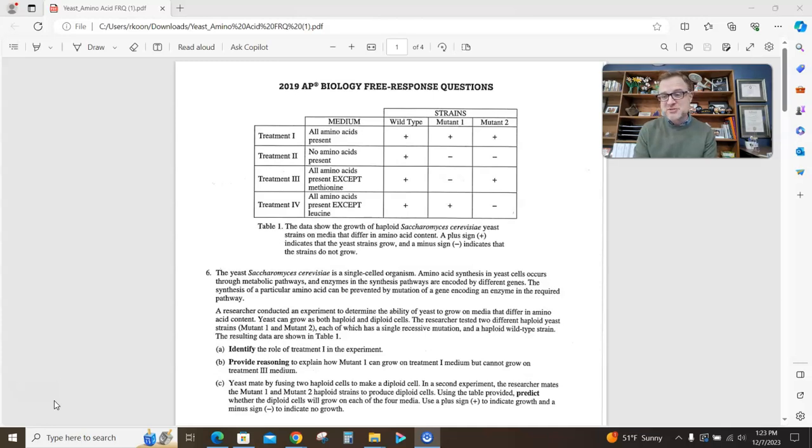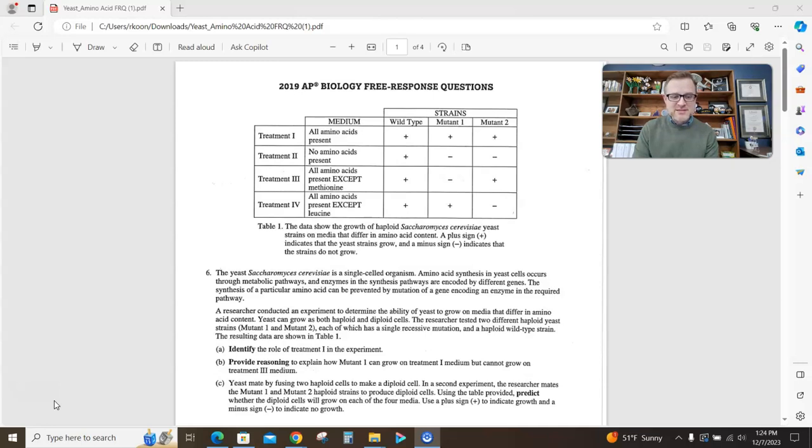This is question 6 on the 2019 AP exam, and the question begins with a data table here that might not make any sense to you at all, so let's just skip it and read the prompt and see what's in there first. All right, the yeast Saccharomyces cerevisiae is a single-celled organism. Amino acid synthesis in yeast cells occurs through metabolic pathways, and enzymes in the synthesis pathways are encoded by different genes. The synthesis of a particular amino acid can be prevented by mutation of a gene encoding an enzyme in the required pathway. A researcher conducted an experiment to determine the ability of yeast to grow on media that differ